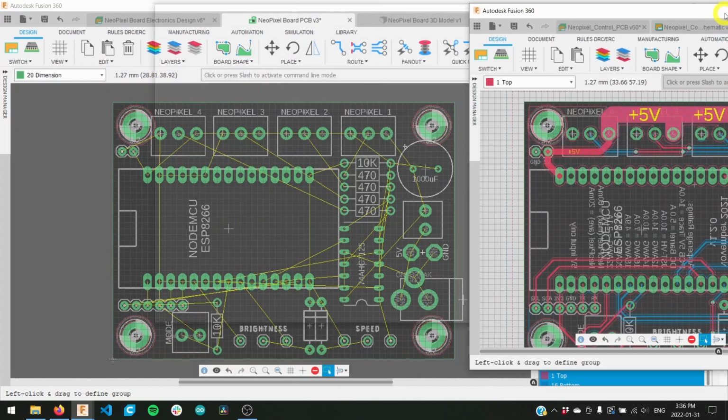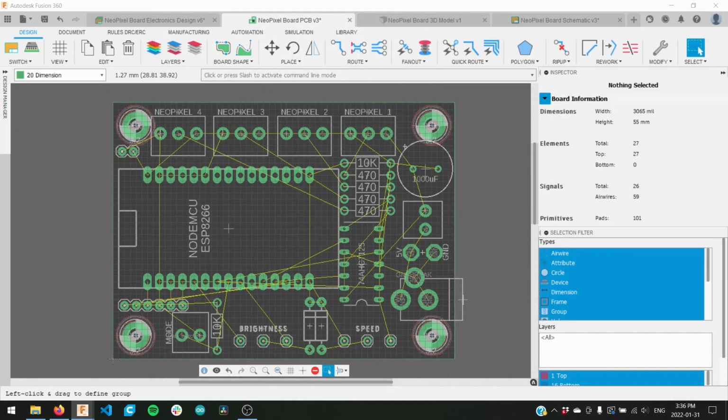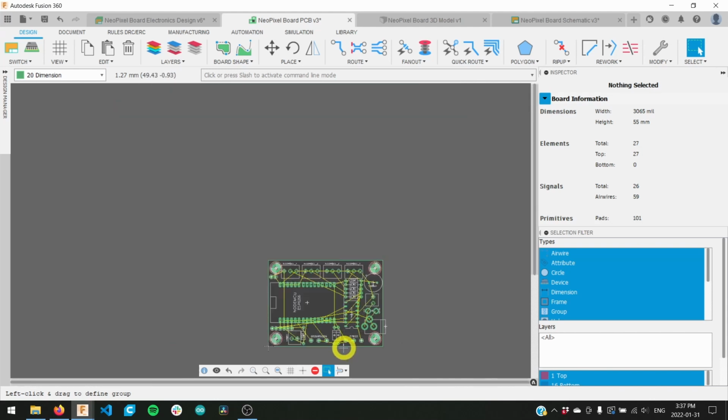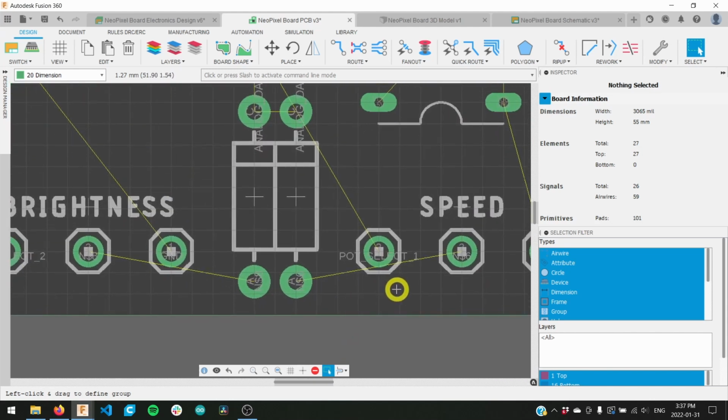But I'll hide this away on my second monitor for now, and we'll go back to where we were. So we want to make copper connections between each of these yellow air wires. Zooming in, we have a couple of options to join together air wires. The first method is to route a manual trace, and to do this, I'll go up and select route manual,